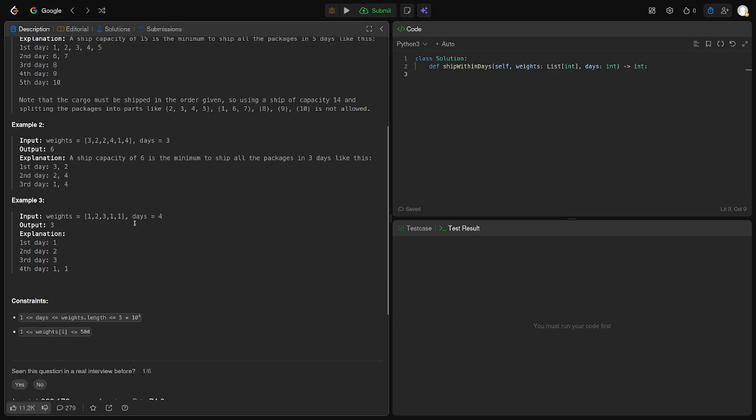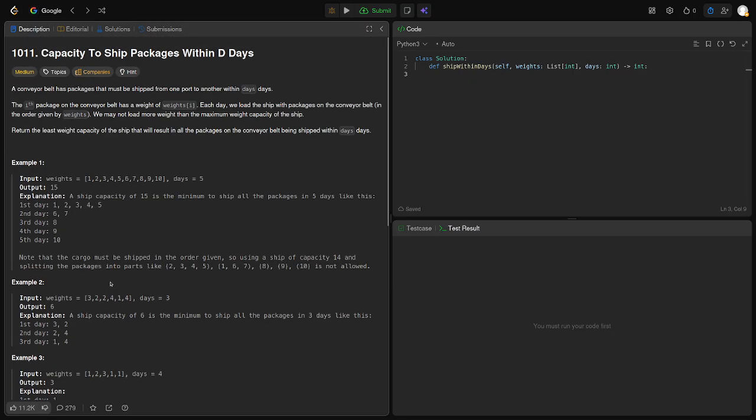Days is less than or equal to length. So you want to partition the weights into days subarrays such that the maximum is minimized, which is a classic problem.